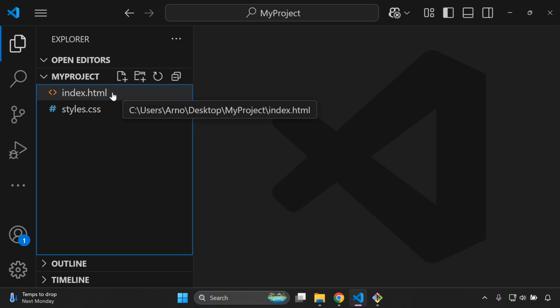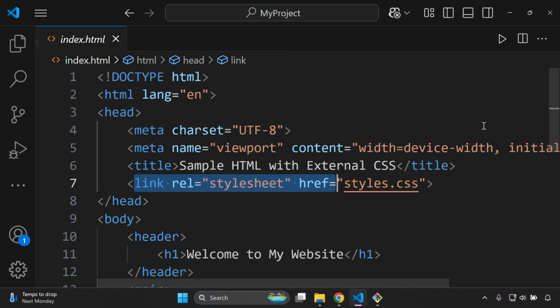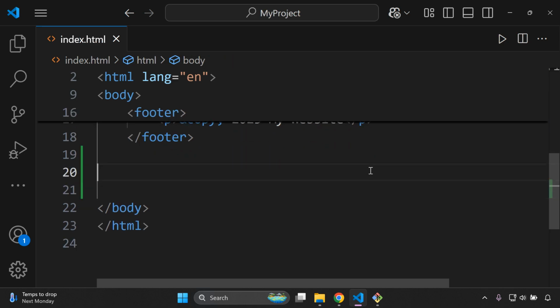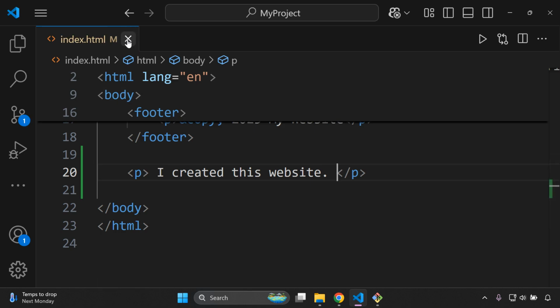So let's say I have this index.html file and I'm going to make an update. So I'm just going to change something. Let's say right at the bottom here, I say, I created this website. You can just add anything. You want to save that, you can see here in green that Git automatically picks up that this was an